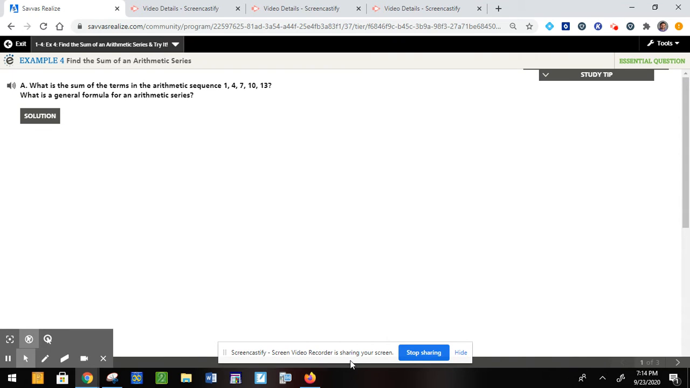Okay, so on this one, you're given a sequence of numbers, and we're being asked to find the sum. So you could just add them up, right? These aren't too bad to do. There's like 5 numbers. You can add them up pretty quick. 7 and 13 make 20, plus 10 is 30, and then 4 and 1 make 5, so it's 35. So easy enough to do without doing a whole formula. But